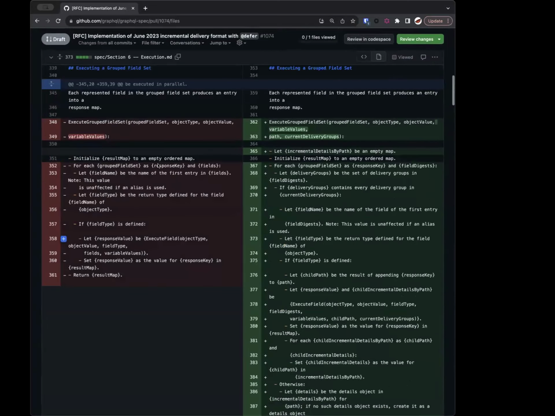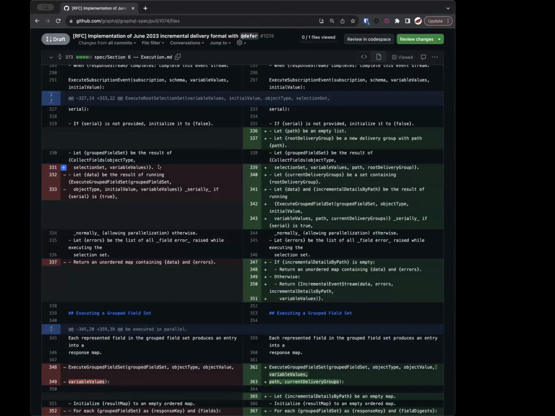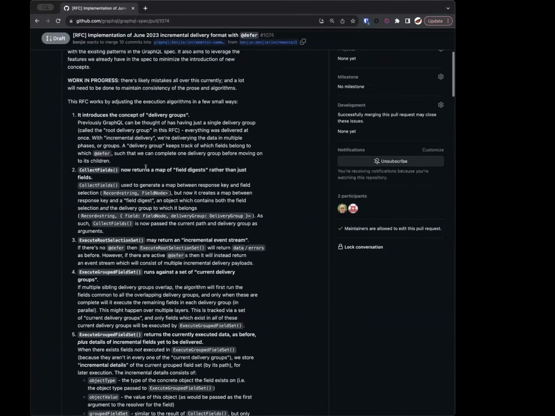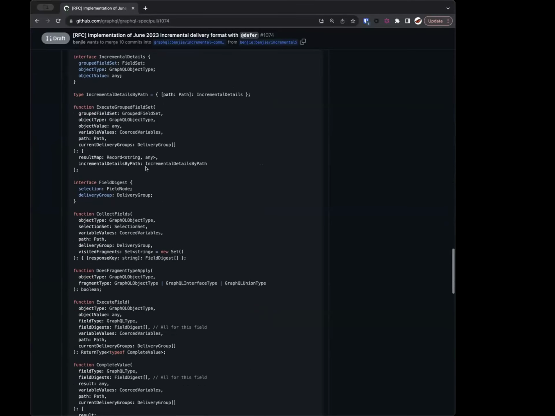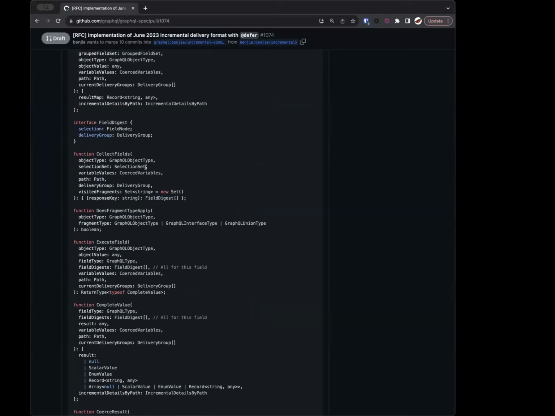Also in the pull request, just in case it's useful for anyone, I've described the various algorithms as TypeScript functions, as you can see there. That's not meaningful. It's just a handy reference because we're talking about field collection as field digests now. So it helps you keep in mind that there's the selection and also the delivery group that goes with it, and various other things, so you can see what the types are of the things. I mostly used it to help myself keep track of what we were actually talking about as I went through and wrote it. Yeah, awesome. Definitely very helpful.